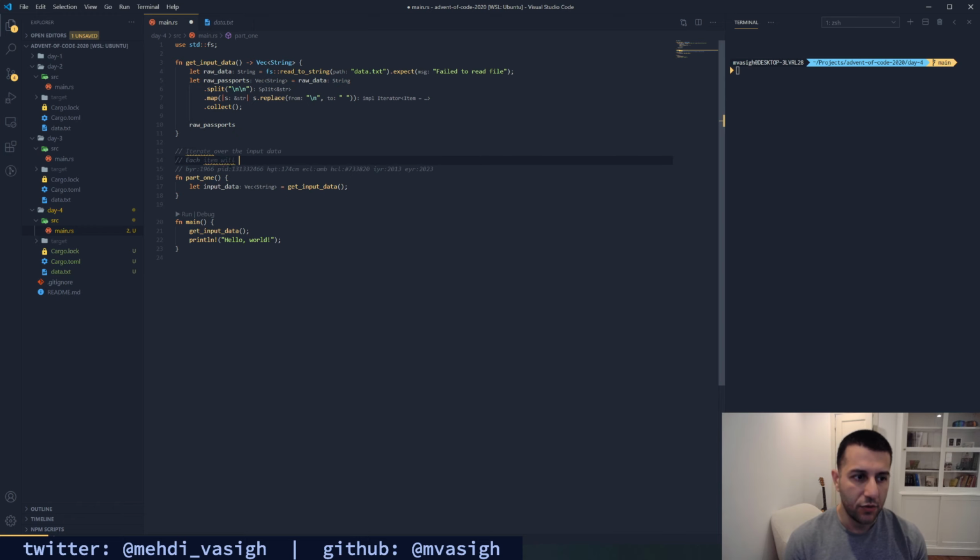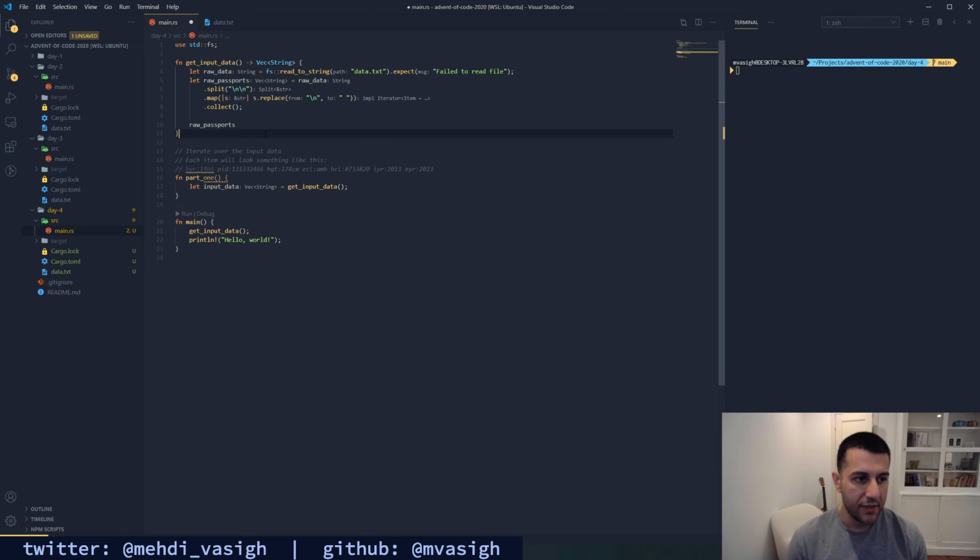Each item will look something like this. So we're going to have a big string. I don't know why I'm getting this. Can I just ignore? Prefix it with an underscore. Okay. I don't know why it's giving me errors on my comments, but let's just ignore that for now. So each of these is going to look something like this, which is a string delimited by white spaces, comprised of different key value pairs.